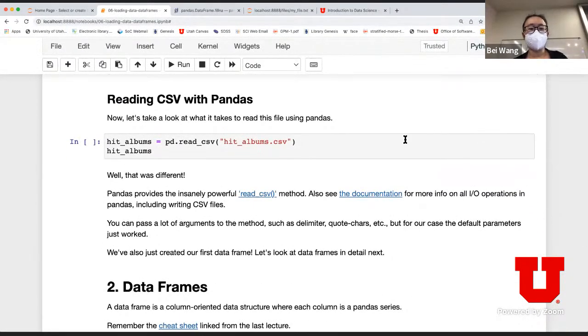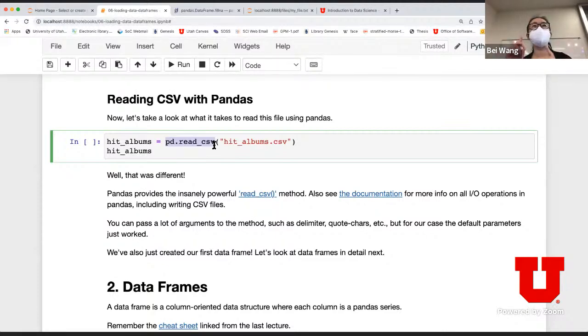Now, if we are going to use Pandas, we can do pandas.read_csv and just provide the CSV file. It's going to be very simple, right? So everything I've done so far, I have not used Pandas. I have just been using the CSV library. Now I define pandas. I want to read a CSV file. Everything I have just done is now translated to a single line. Okay, beautiful. And we're going to move on to DataFrame, which is even more beautiful.